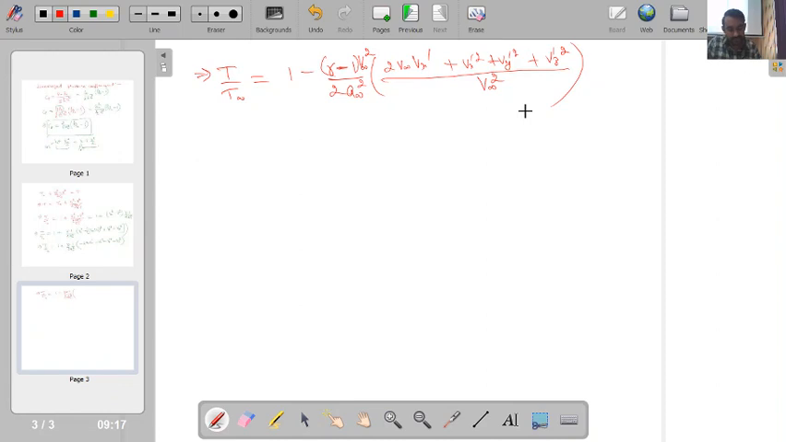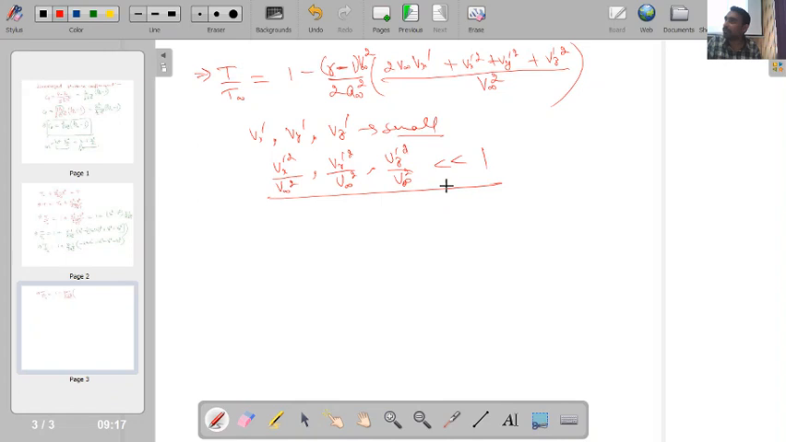Now one important point, because we have already said that Vx dash, Vy dash and Vz dash are small. Okay, so if these are small, then Vx dash square by V infinity square, Vy dash square by V infinity square and Vz dash square by V infinity square will be very small in comparison to 1. So I can neglect these terms. So ultimately I will get my T by T infinity is equal to 1 minus (gamma minus 1) by 2,